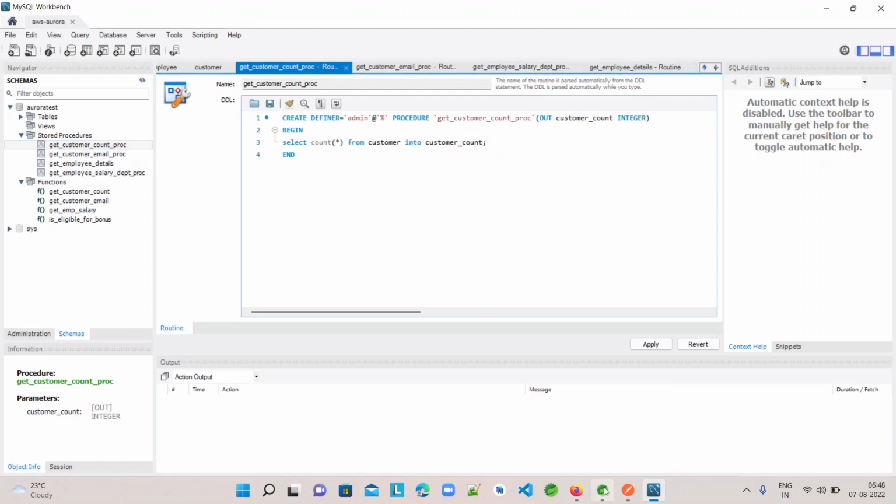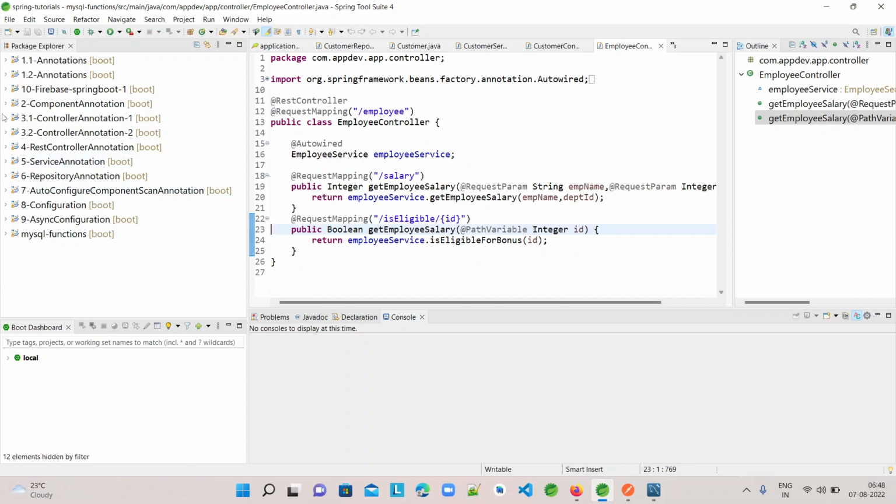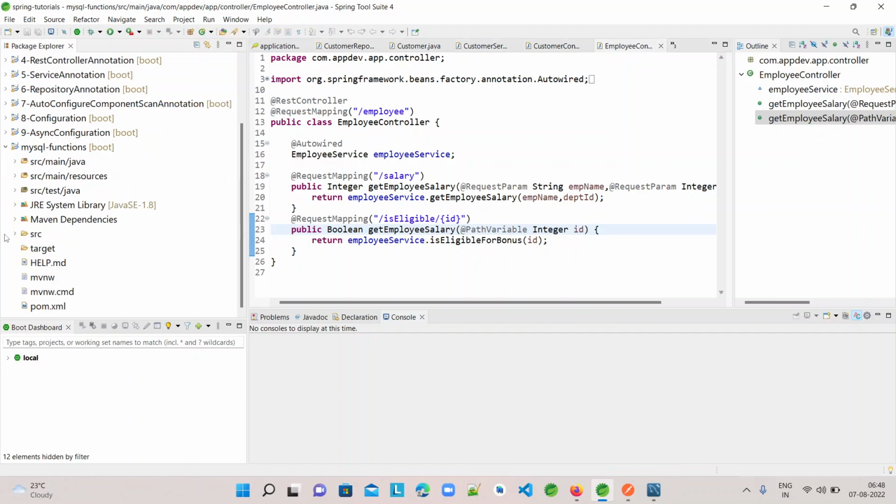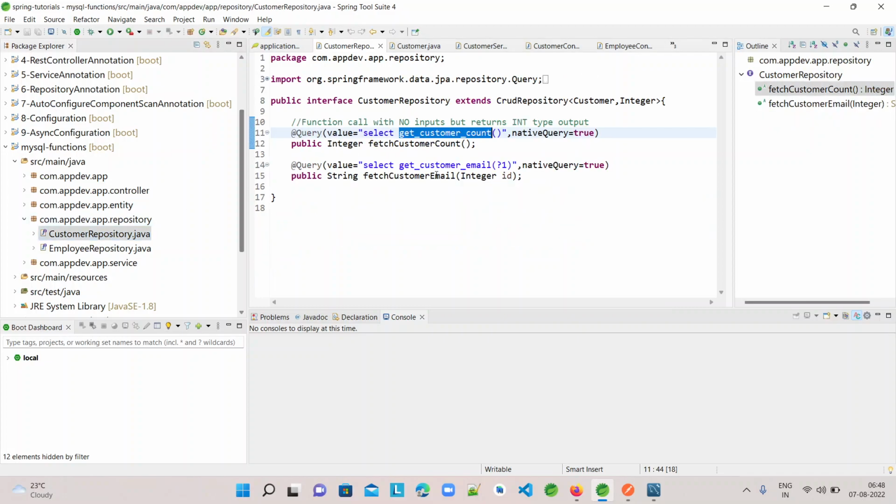So let's go back to our project. Our project is MySQL functions, right? Let me update this one only, so that we don't have to build all the controllers, services, and entities from scratch. What we are going to call first is the get customer count, right? So I'm going to the customer repository, and I'm going to write a method, fetch customer count